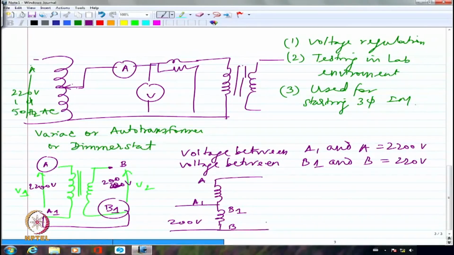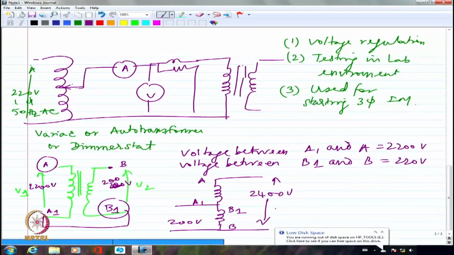This is series addition. This is added because B1 and A1 directly have the same kind of polarity, and when I connect them together, I get the total series addition. So when I actually measure, I get 2400 volts. If I had wanted 2000 volts,